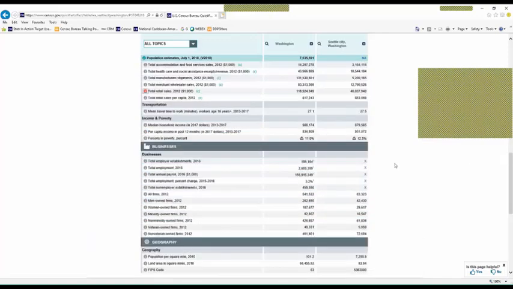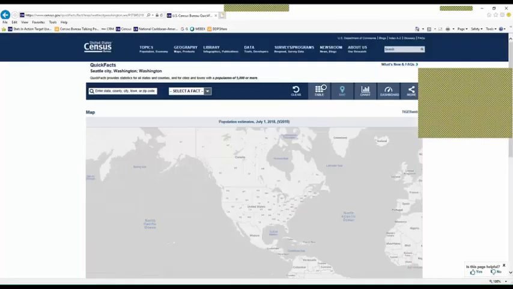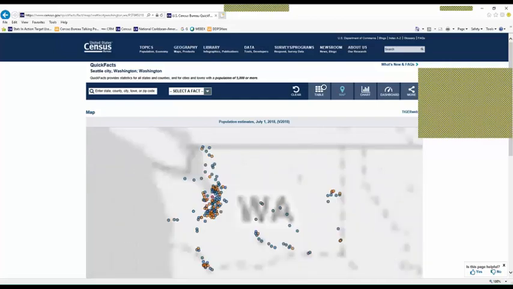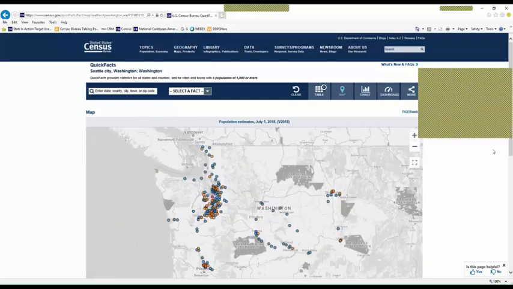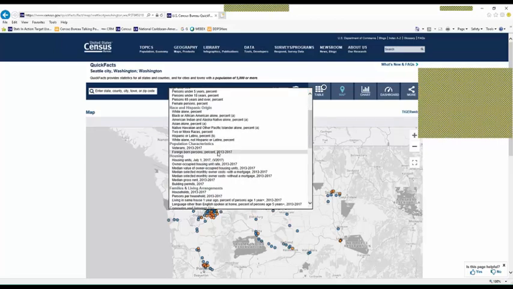So a couple of features I'm going to point out here with Quick Facts. You can nicely map this data. I'll map the city in Seattle. What it does automatically is, with this huge state, it automatically gives you similar geography that you can look at here. Right now it's doing population estimates. So if you wanted to look at the foreign-born percentage,